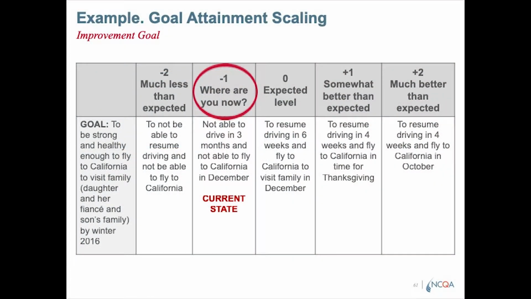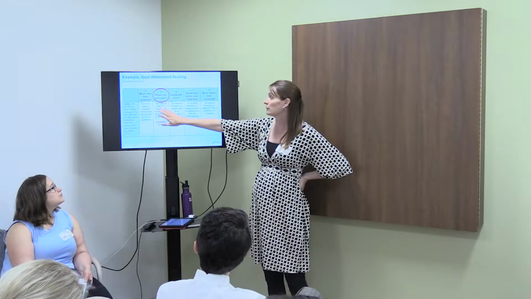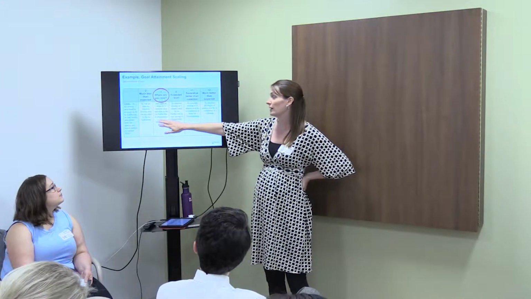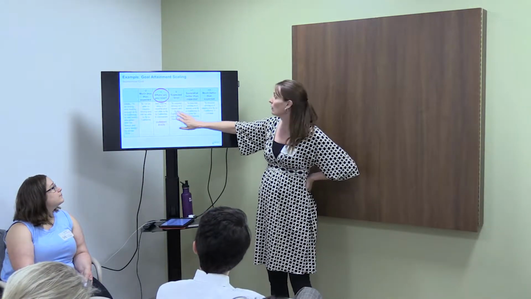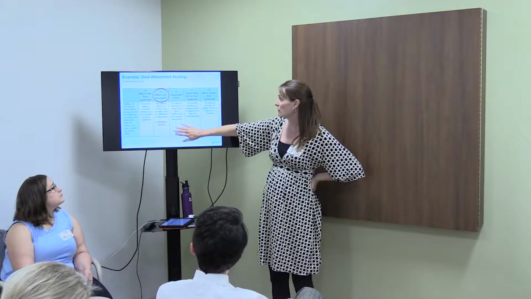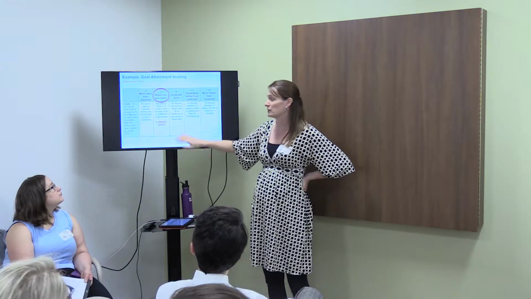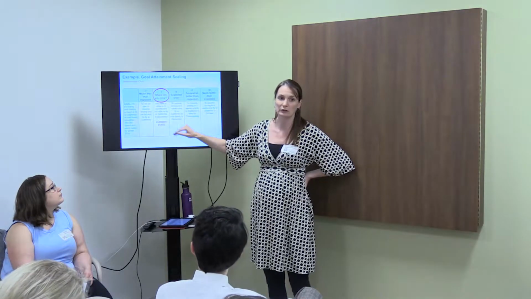So here's an example. This goal was to be strong and healthy enough to fly to California to visit family, daughter, and her fiance and son's family by winter of 2016. So where she was now, she was concerned she was not going to be able to drive for 3 months, not be able to fly to California in December. Where she wanted to get to was to resume driving in 6 weeks and to fly to California to visit family in December. So this was someone coming out of a skilled nursing facility,